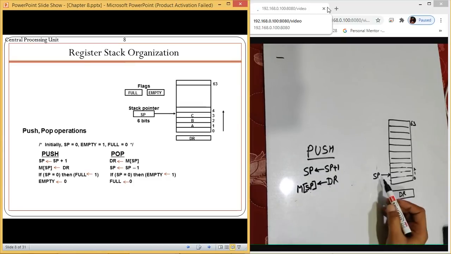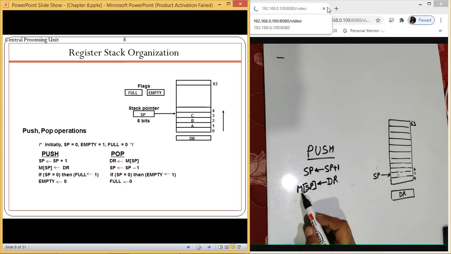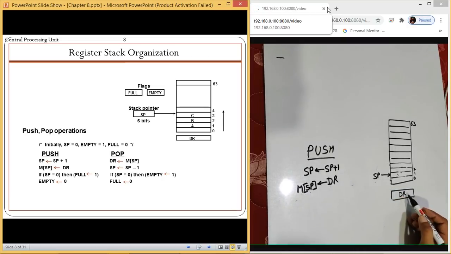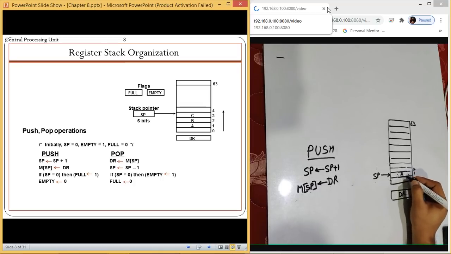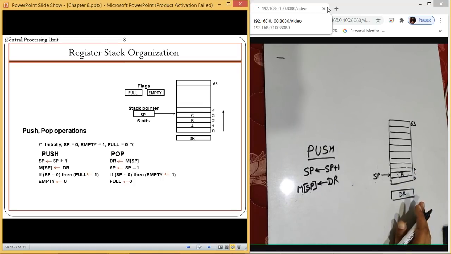This SP is the stack pointer location. Whatsoever location it is representing, we are going to store the data at that place. So DR content will be shifted to this place. In the example we can assume that data is A. So A is stored at this place. Once it is stored, our operation is done.